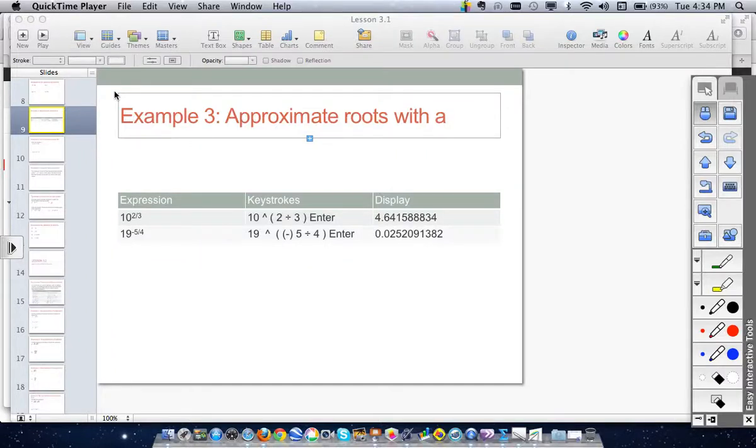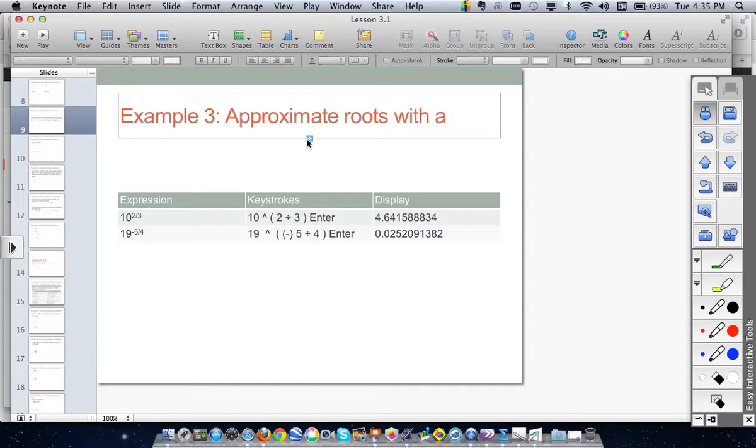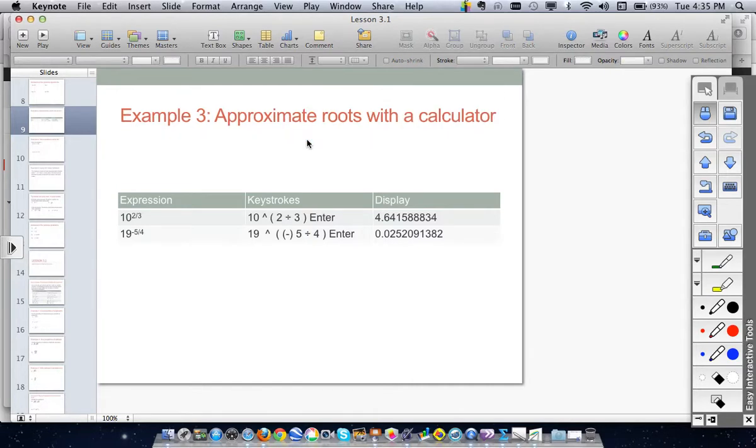So let's pick up from lesson 3.1 with example 3. How to approximate square roots with a calculator. Pretty funny it's not showing us the whole title there. There we go. When we use a calculator, the key thing to remember is we want